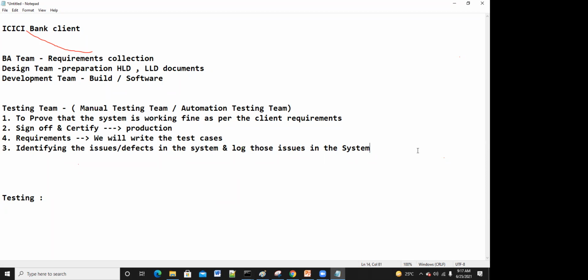Okay, suppose I have been given a requirement. Suppose there is my ICICI Bank application. For this ICICI Bank application, I want to add a secondary address; the primary address is where I am sending the details to the customer, so those details are going to the primary address. And the client came, and the client is asking for secondary address details, but such a feature is not available in the system.